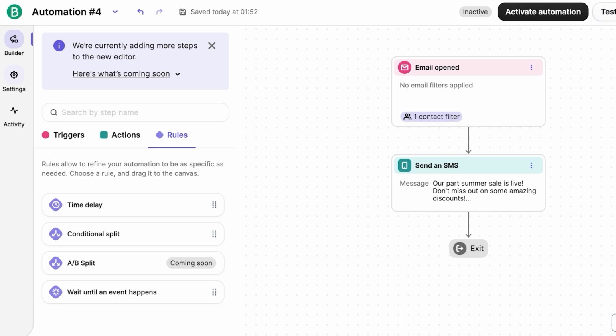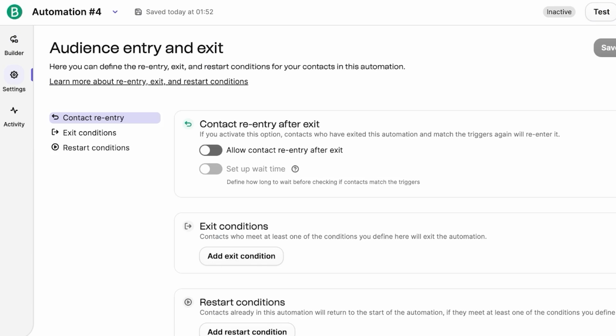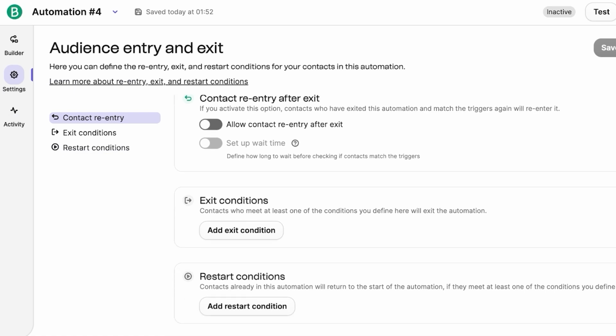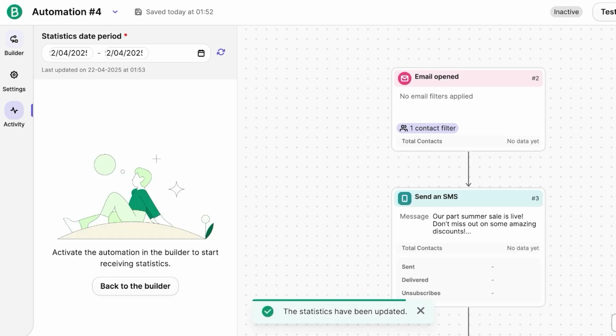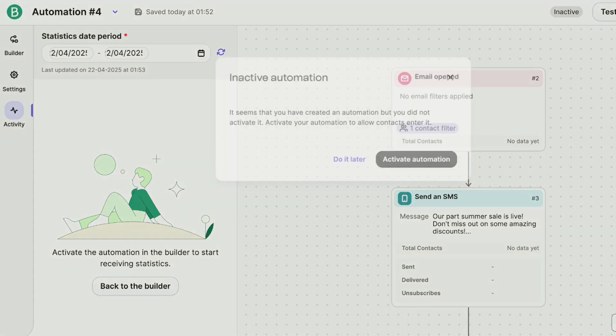Now, on the left, you also have audience entry and exit settings within the settings section. So you can allow contact re-entry after exit. You could also set up exit conditions and reset conditions as well. And then below that, you will see any statistics related to this automation. Once completed, you're just going to exit the editor,